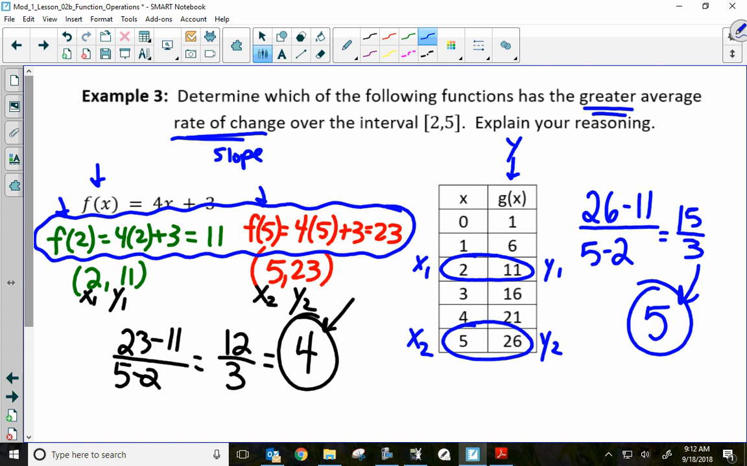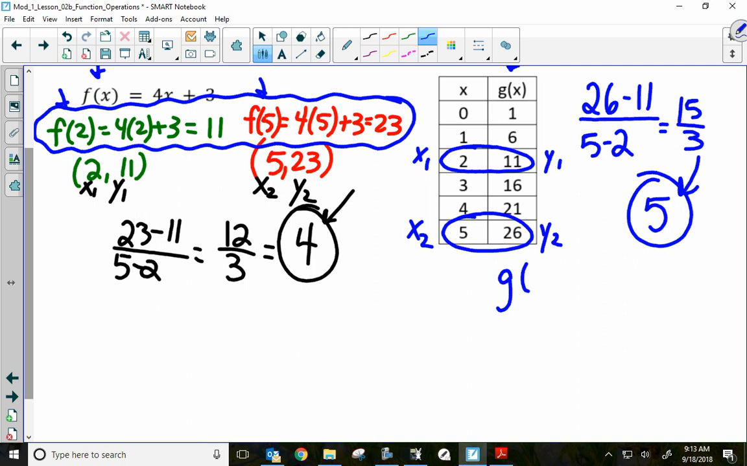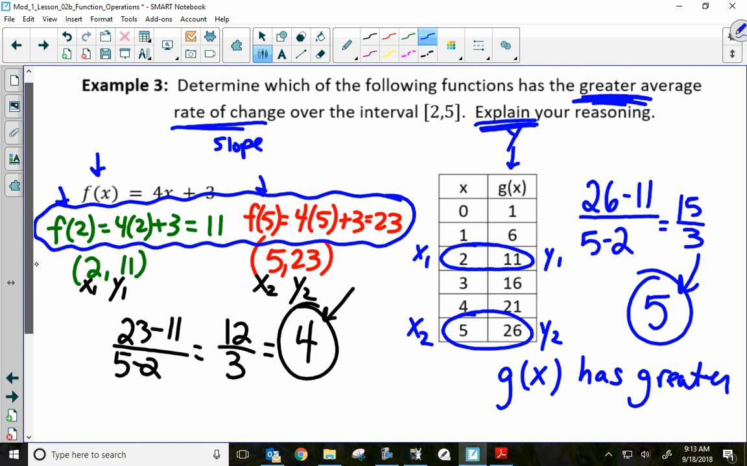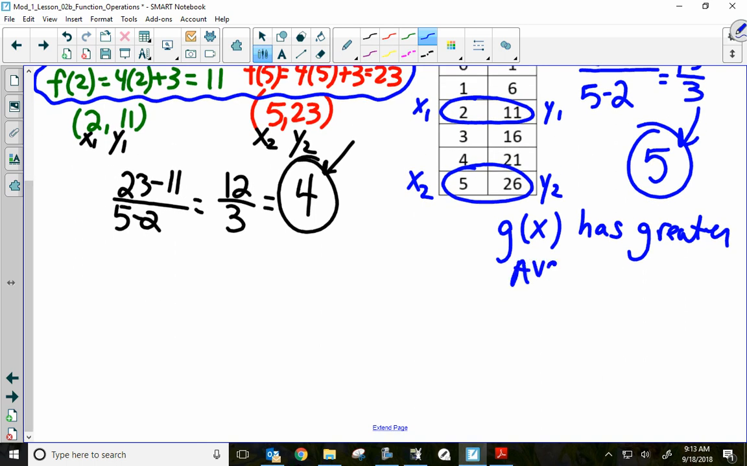Can I answer the question? No, I've got 2 numbers. I haven't stated which one is greater. And now I need to explain. Remember earlier in the notes, justification was math work. Explaining means using words. So we need to pick one of these and explain why we think it's greater. Okay, so I'm going to say g of x as greater, and I'm going to use their words. Greater, and what do they use in the problem? Average rate of change. As a greater average rate of change,